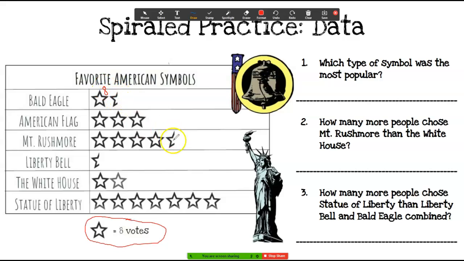But I also have some halves. So we got to think of what is half of 8. Okay, well I know if I add 4 plus 4, remember you want to double a digit, I get 8. So that means 4 is the half. So I have 4 here. And we're going to go ahead and label all of these so that I can count. That's very important so that when you're counting you can keep up with what you're counting. Remember, this is a 4, that's not an 8. We have a 4 here,